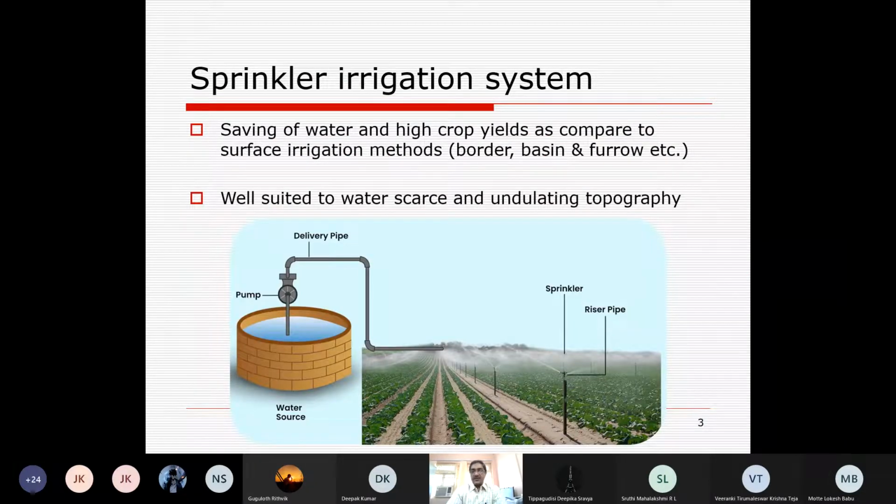This is the sprinkler irrigation method, just for a view to you. It's basically characterized by saving of water and high crop yield in sprinkler irrigation as compared to surface irrigation methods. We have learned border, basin and furrow, which means flooded irrigation, and subsurface irrigation you can put here, and it is well suited